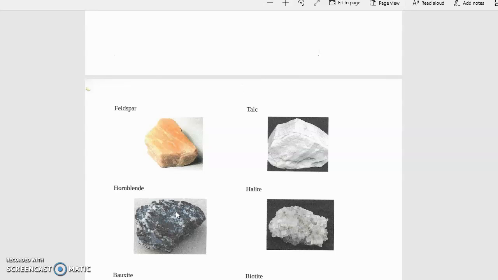Finally, we come to halite, right? Now, halite is white in color, as you would expect. That's your common table salt, right? You could actually blow up one of your crystals of table salt, and it would look like this. This right here just happens to be a large one, where you'd have to grind it up quite a bit to get these. It is vitreous in terms of luster, and when you grind it